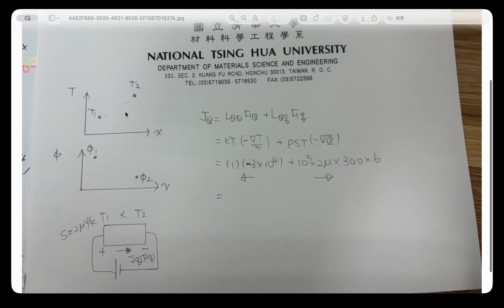So I'll simply write down the result as an example to show you. I still keep the battery in the same direction and only switch the temperature, which means T1 is lower than T2. So when you write down the heat flow, it's negative kappa times the temperature gradient, divided by T, plus rho S T times negative the electrical potential gradient. But here,